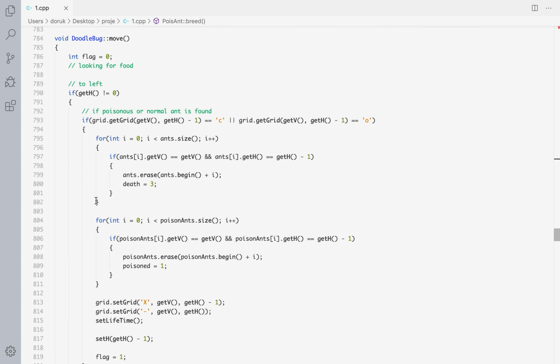Yeah, doodlebug move is the same as ant. Oh, sorry, doodlebug move. It eats, and first it checks around if there is something to eat, either a poisonous or normal ant. If it is found, for example, I check left here. If it is found,